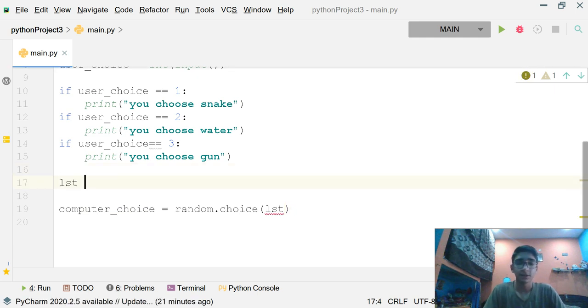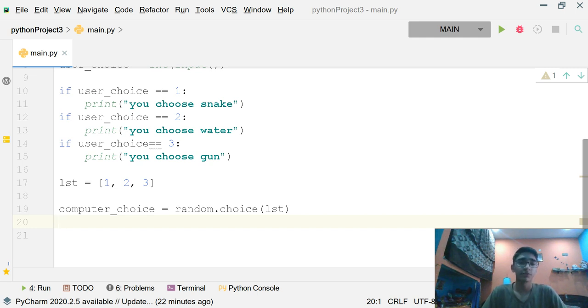For the list we use square brackets, and then we give the numbers 1, 2 and 3. So computer_choice equals random.choice of lst, and the computer will choose a single number, either 1, 2 or 3, from that list.